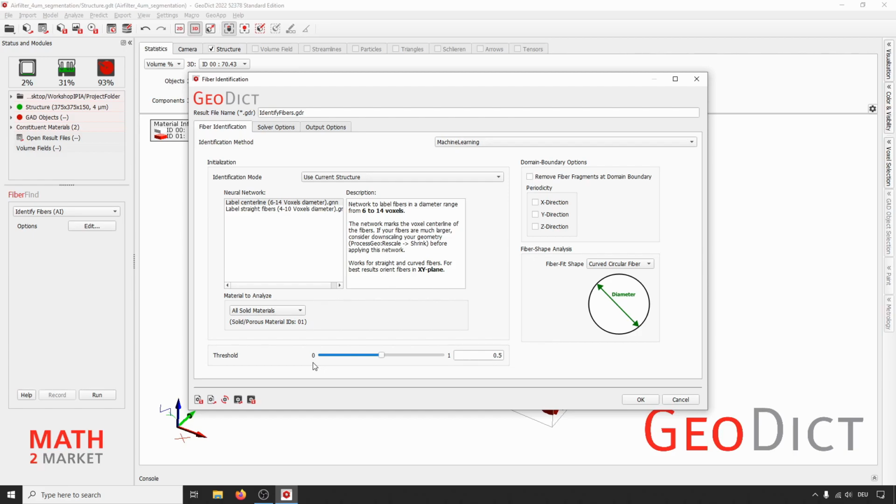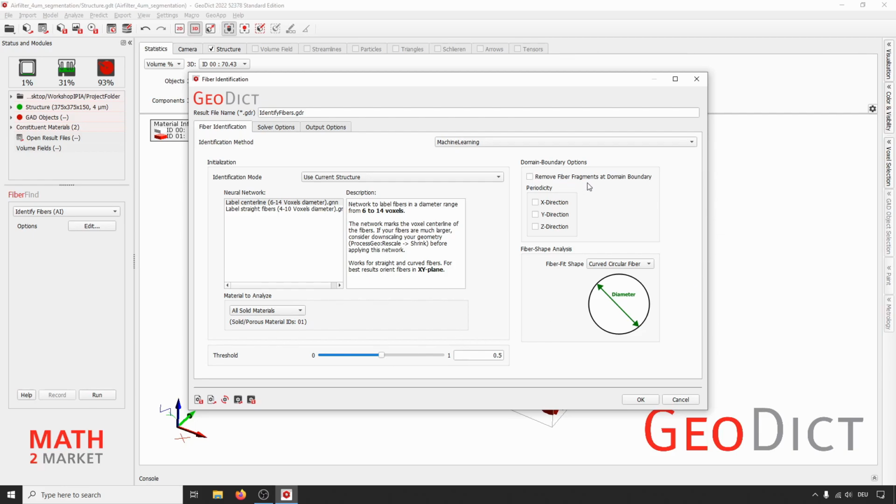A probability of 1 means it belongs clearly to a fiber. And for everything in between there are different probabilities. Since 0.5 means 50% probability, it makes sense to divide the field here at 50%. If the model doesn't fit very well to your structure, it might be necessary to change the threshold here, but usually we can keep it at the default.